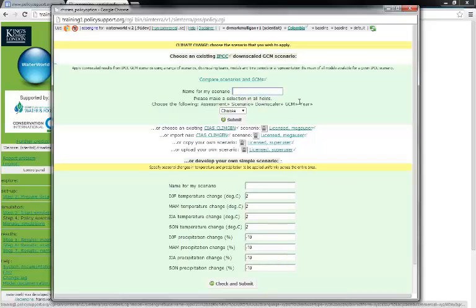So let's use one of the built-in GCMs. I'm just going to call this change, and then we need to make a selection. We have the fourth assessment report GCM there. We have IPCC AR4 scenarios, emission scenarios,